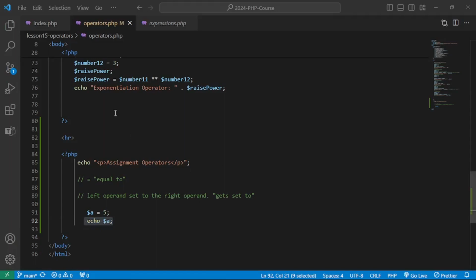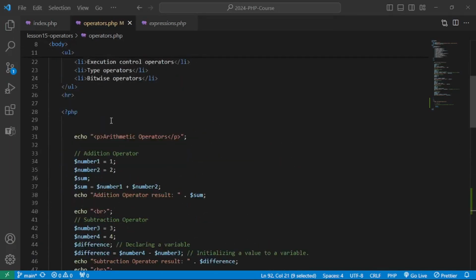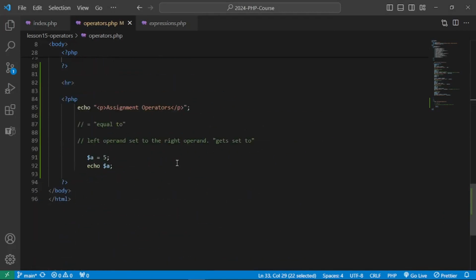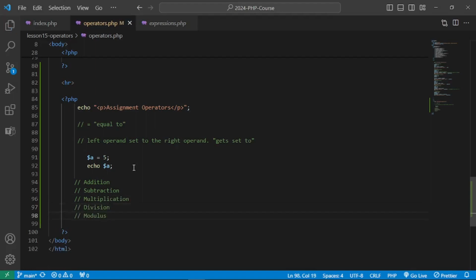Now, similar to the arithmetic operators that we have up here, the addition, subtraction, and multiplication operators, we can use a shorthand for combining the assignment operator with the arithmetic operators. So we do have here addition, subtraction, multiplication, division, and modulus that we talked about in the previous video. But before we go and try to work with some of the values that we have here, I just want to first also talk about the assignment